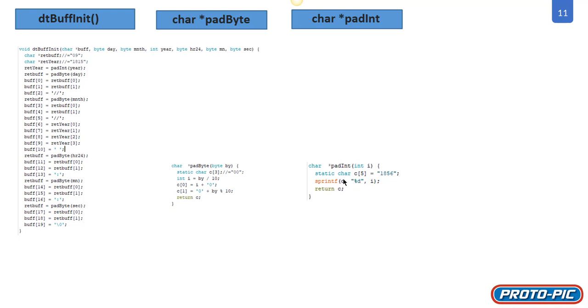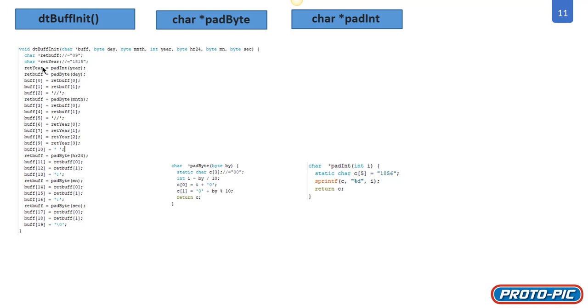I'm starting with that buffer C. The address at the start of the buffer is, I'm saying, take the value of I and make it into a decimal integer. So it takes an integer and makes it 1856, so that the characters 1, 8, 5, 6 appear, and a 0 appears in the C, and that C is returned. So by the time I get back to here, I'm doing my pad_int, and